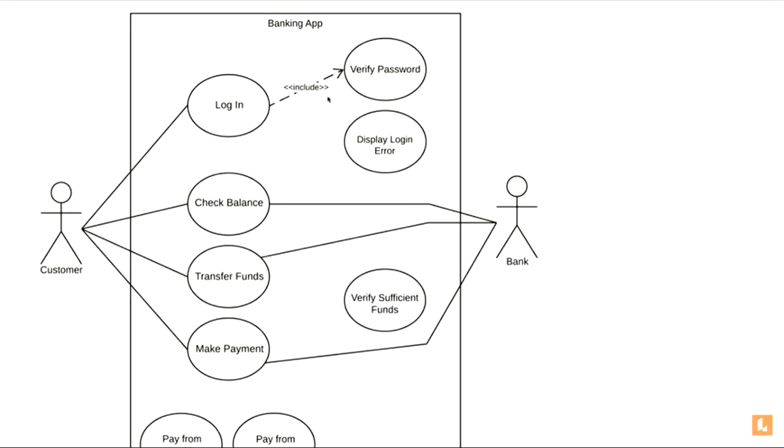Now let's take the same banking example which we were seeing. So initially we were having this login use case, check balance use case, transfer funds use case, and make payment use case. So what I did, this was my primary actor and bank was my secondary actor. First, whenever I'm pointing the cursor here or showing something, just look at that thing only. Don't focus on other use cases now. So this is my first use case login, this is my second use case check balance, third use case transfer funds, fourth use case make payment.